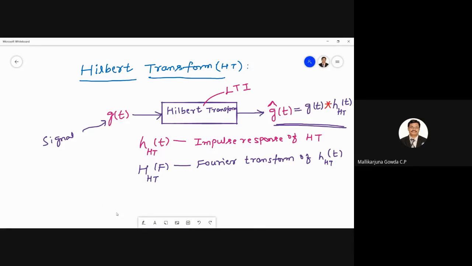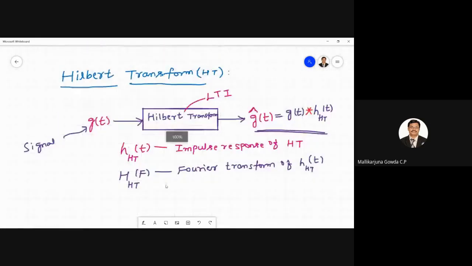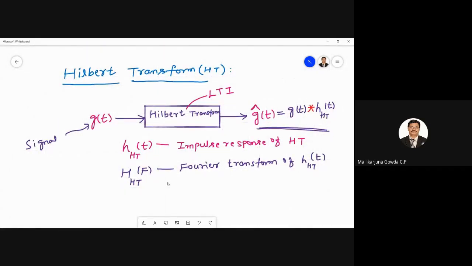I am asking you people only. Is it fine? Yes, sir. This is a basic thing you all know: any input signal passed through an LTI system, the output of the LTI system can be written as the input signal convolved with the impulse response of that system. So now the question is, what is the impulse response of this Hilbert transform? Let me consider the impulse response of this Hilbert transform as,